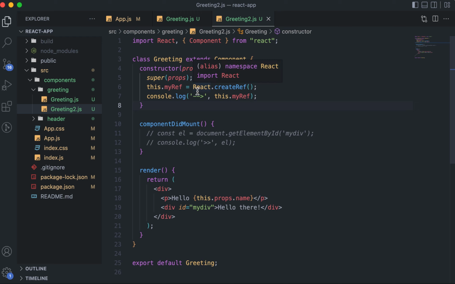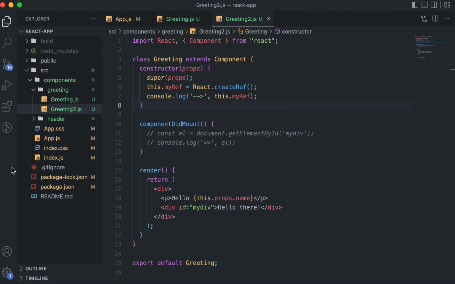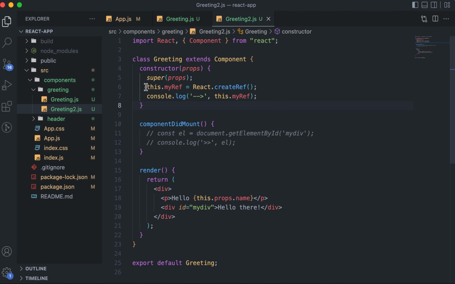Actually it is not initialized with a null value. It is an object which has an attribute current, and that current value is null. Essentially all the refs, the actual data, either the DOM reference or null, will be at current only. So we'll see later that the way this will be used is reference.current. But yeah, we have just created it. What is its use? The use is that if you wanted to get a reference of this div,